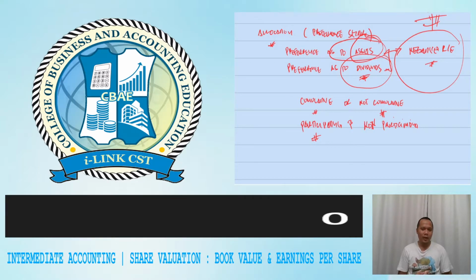Participating na yung additional payment niya, kukunin niya sa allocation ng excess, from the excess net of the dividends given to the preference share. Na yung sobra allocated between the preference share and the ordinary share. Okay? That is participating. Provided that